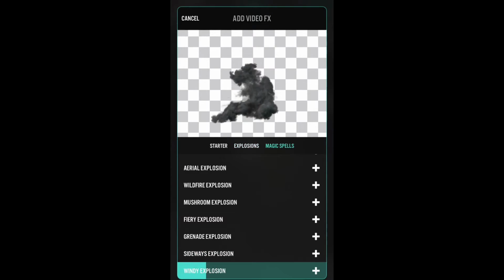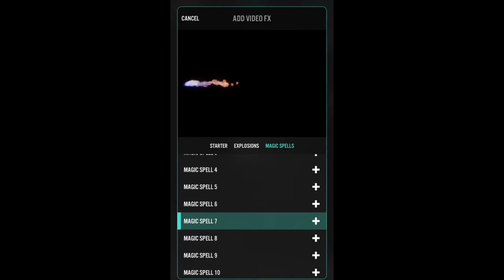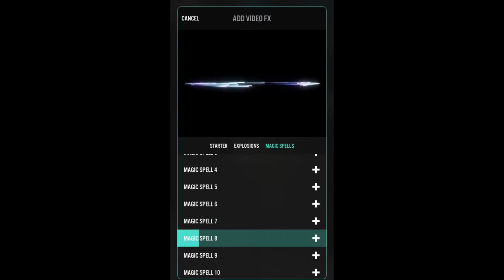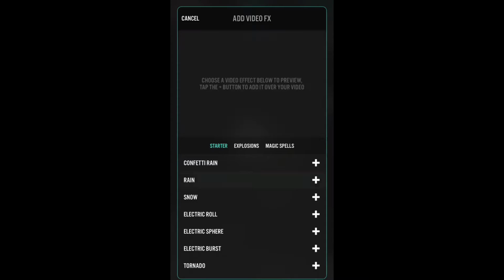Also, they allow sound effects. These sound effects are going to be shown later on. They're cool starter sound effects. These magic spells are actually cool. This one I could use for a flamethrower if I wanted to. I don't really do magic. I watch the Harry Potter series, but